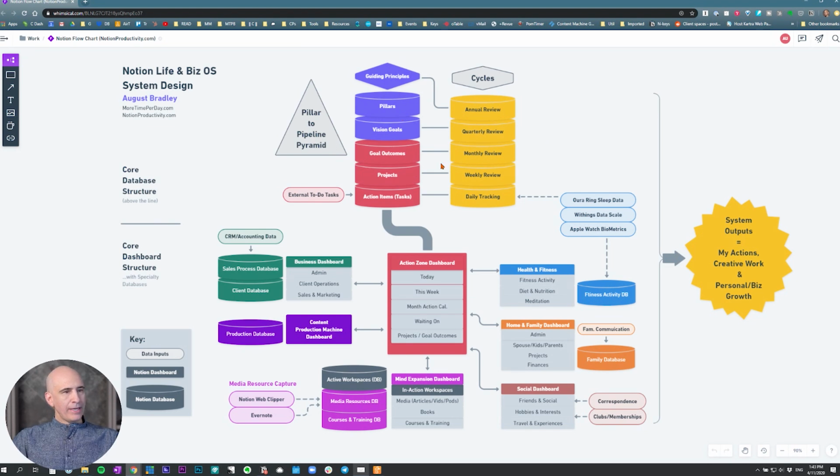And then the third kind of element on the flowchart is this oval with a lighter shade inside. So that's a data input. So on the outskirts of many of the databases, there is an oval with a lighter shade feeding that indicates data that needs to come into the system from outside the system.